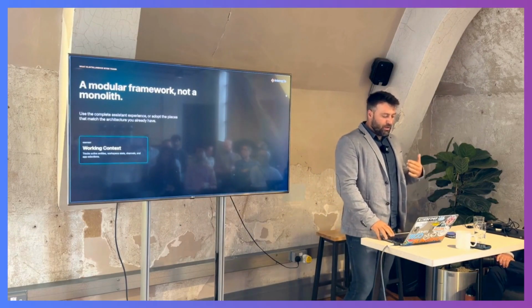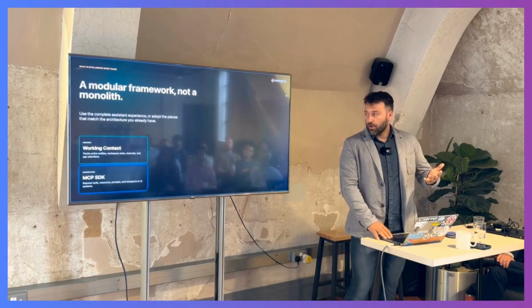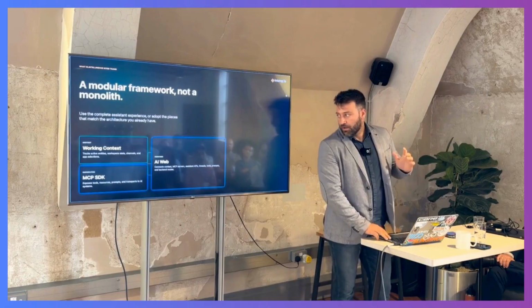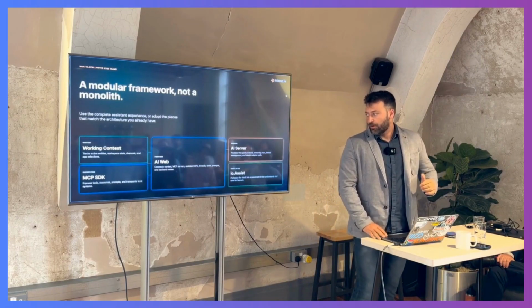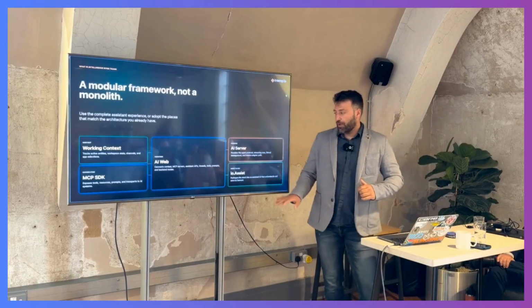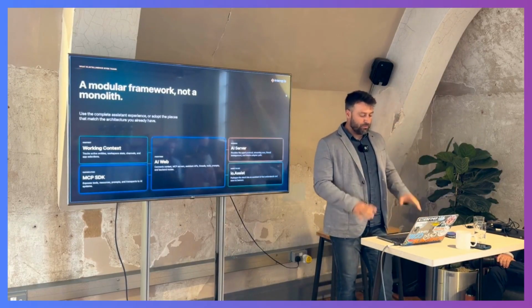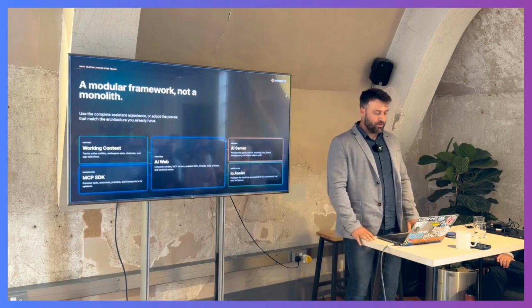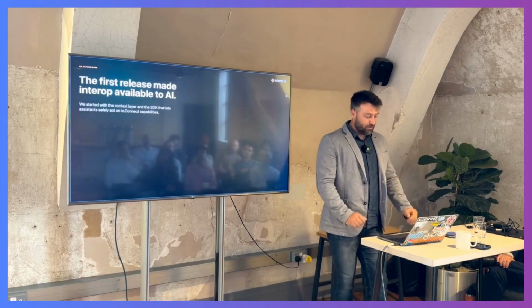And we went ahead constructing this framework in that way, with working context, MCP SDK, front-end runtime, which we call AI Web, back end, which we call AI Server, and our ready-to-use package, which is io.Assist. So those are the big 5 moving pieces. Once again, all of them are available today. So let's zoom in a little bit on the first ones.